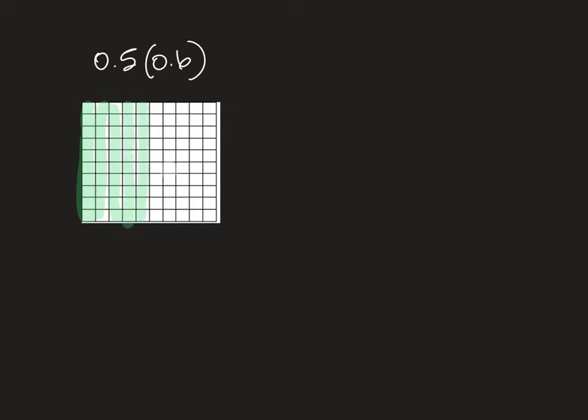And just like we did in class with the piece of paper where we folded it the other way and then shaded, we're going to do that with the 0.6, the 6/10. So we're going to go ahead and do that with some red, and do it this way. 3, 4, 5, and 6. If we take a look at the section that is shaded both red and green, that's this section here. If we count those, that is 30, right? So 30 out of 100. If we convert that to a decimal, that's 30/100ths, which is 0.30.